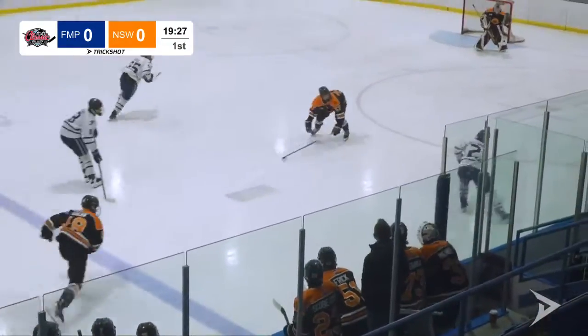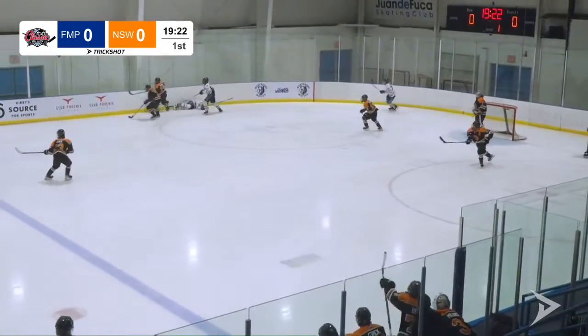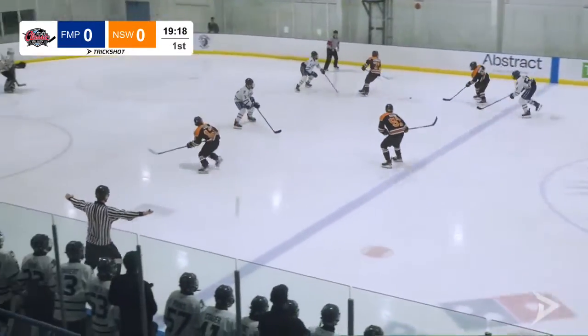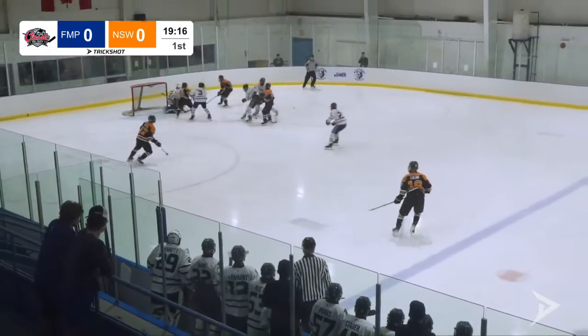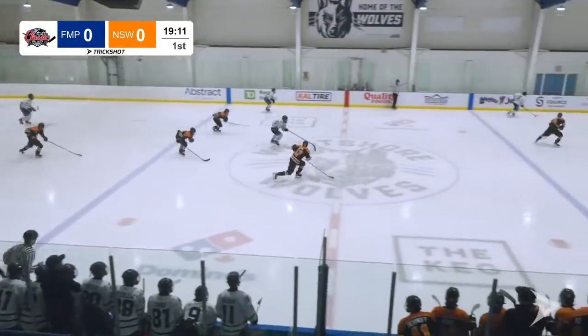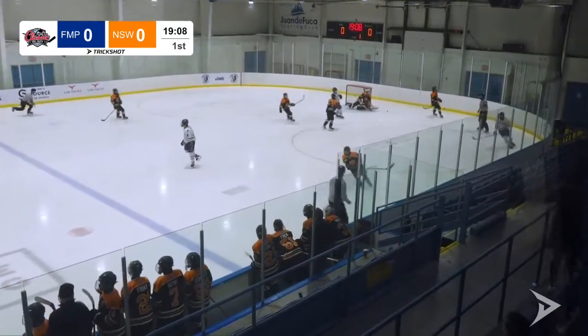Out the other way and across the line. Fairmont Prep send one in front. Davis with a good poke check, there is now a big hit. Getting leveled there was Witkin across the line. That one's played in deep by Ibrahimov. And now the other way, Witkin up after that big hit across the line. Fires a shot high as